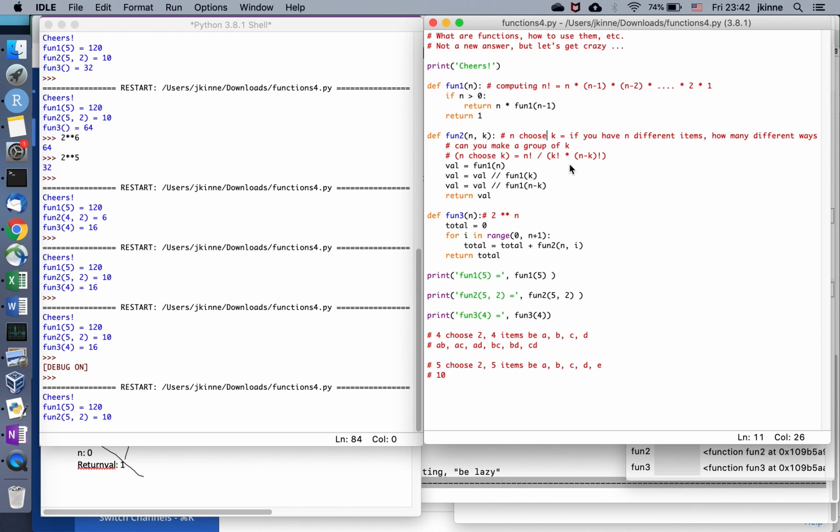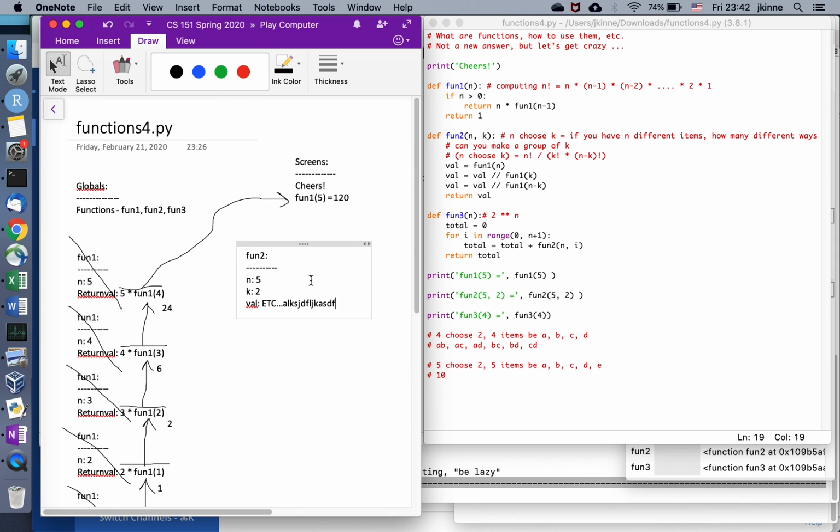Okay, so what's the point? Weird stuff can happen, and it could happen because we're specifically designing it to be that way. I'm designing the function to work this way. Okay, it's supposed to do that, and this one's supposed to do this. But we can trace through it if we just get the order